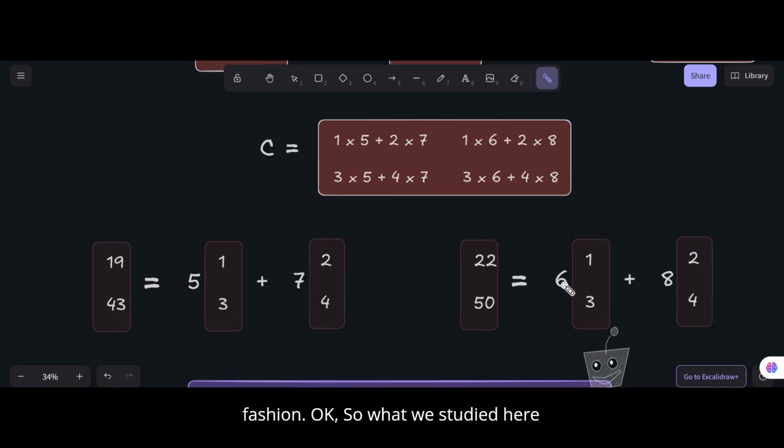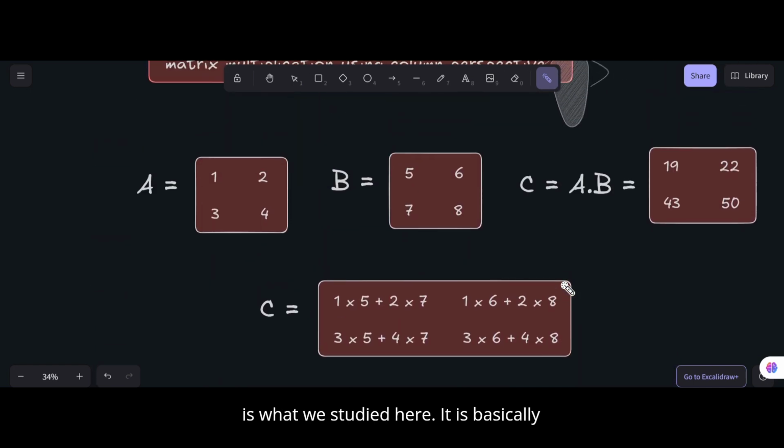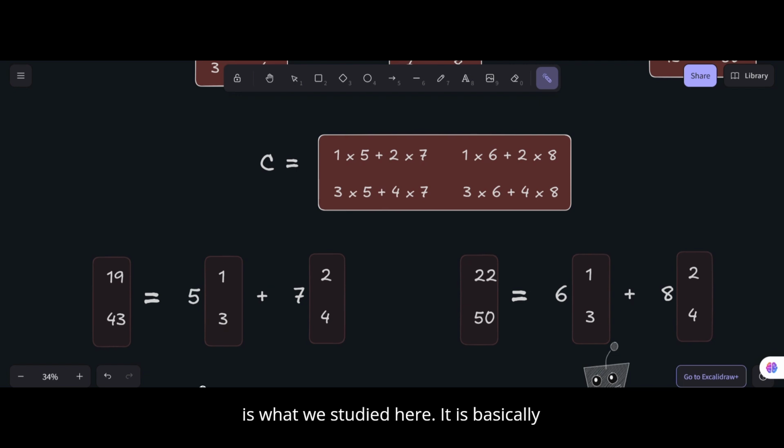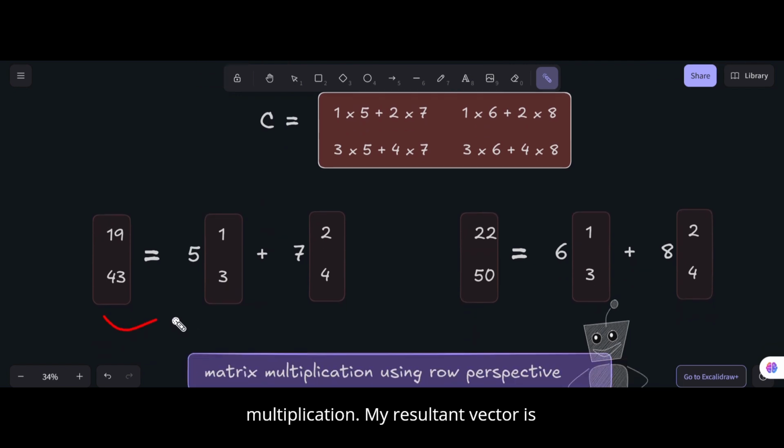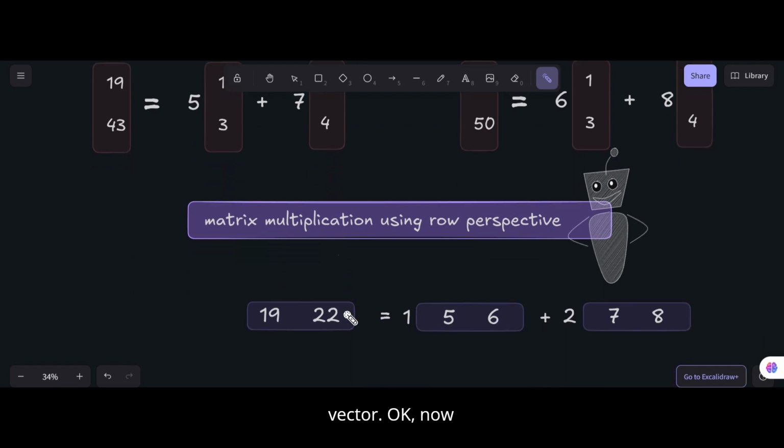So what we studied here is that in matrix multiplication, my resultant matrix is the linear combination of columns of the first matrix which have been scaled by the components of the second matrix. Okay, now